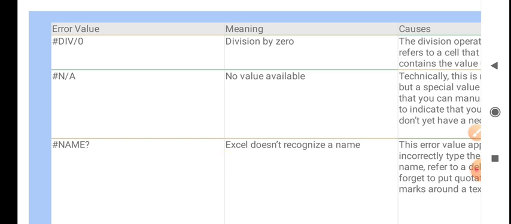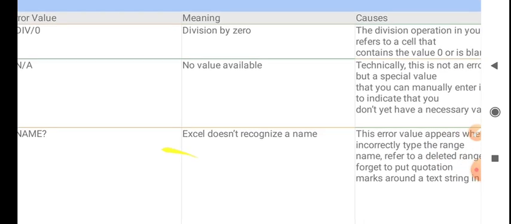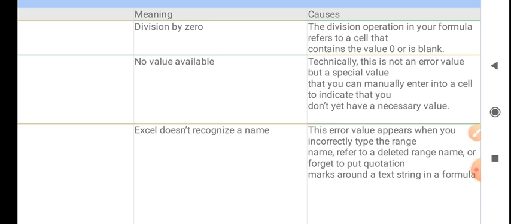#NAME? means Excel does not recognize a name. If you are writing a name but it is not accepted, at that time you will get the name error.